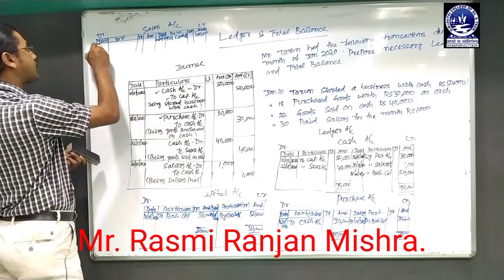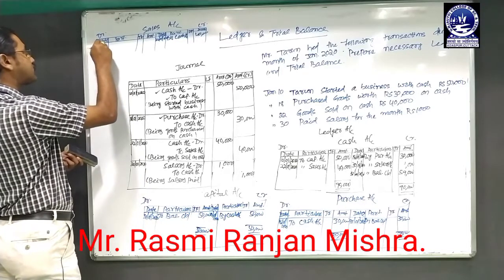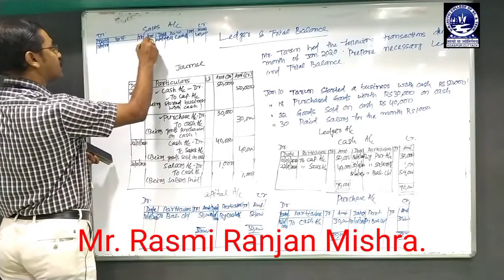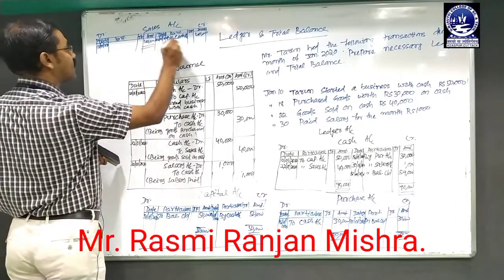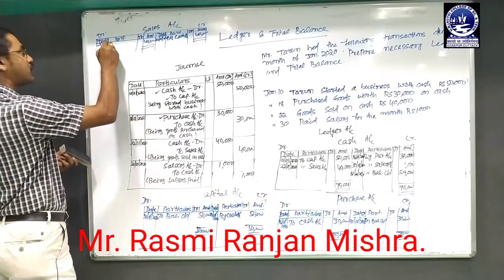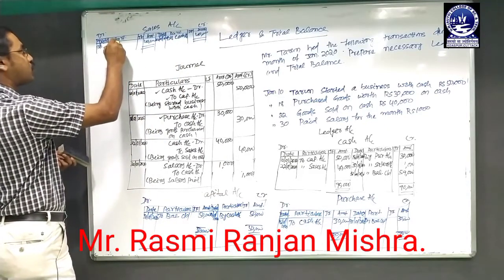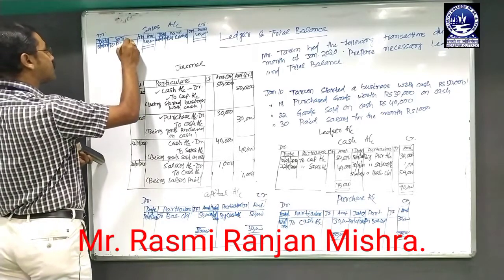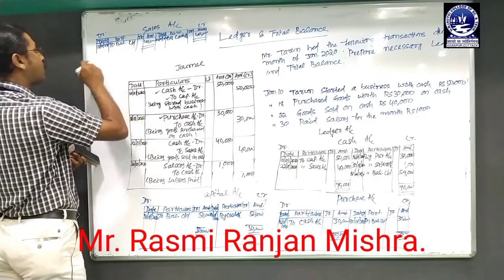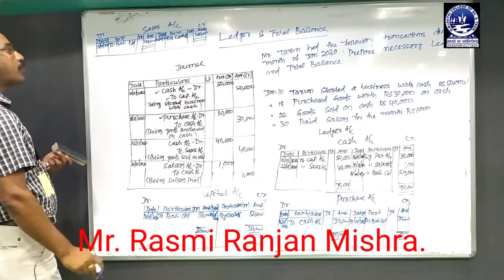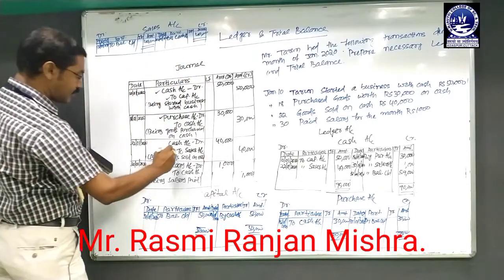Now we are making the balance. The balance will be made on 31st January. The amount on the credit side is rupees 40,000, as the debit side is nil. So put that higher amount on both sides. Find the difference. The difference is 40,000. Put the difference on the debit side by writing 'To balance carried down'. So the ledger posting is completed. Then the sales account is complete.